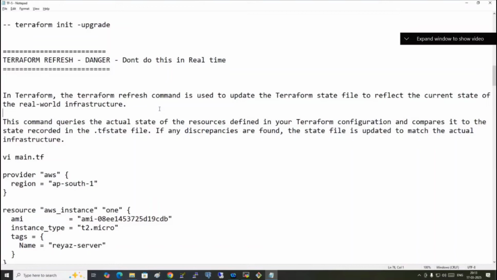You need to remove the resources one by one, or not? Remember, I showed you how to remove resources using the state list, right? So for that reason, this is a dangerous command. So I'll give one example. Let's do that. See,